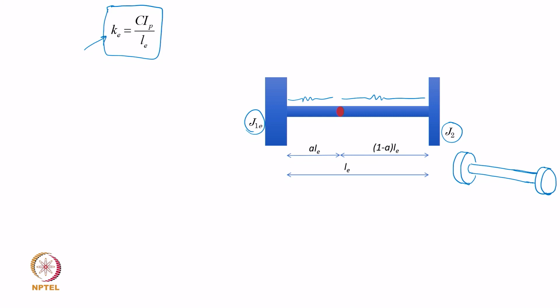Now, they would have two possible motions. One, in this case both of them will simply roll together. Now, this is a 2 degree of freedom system, 2 mass system. So, the detailed analysis of more than 1 degree of freedom we have not yet touched, but we are going to solve this